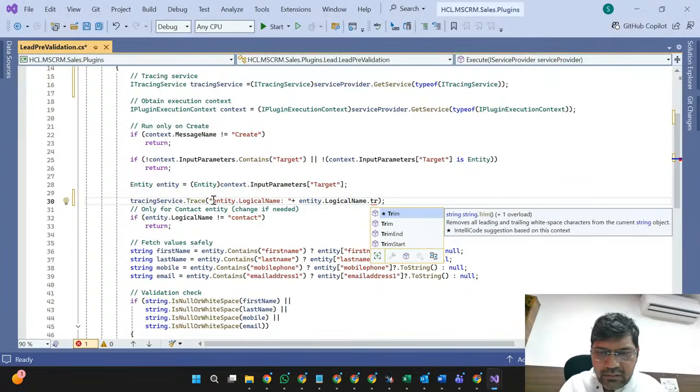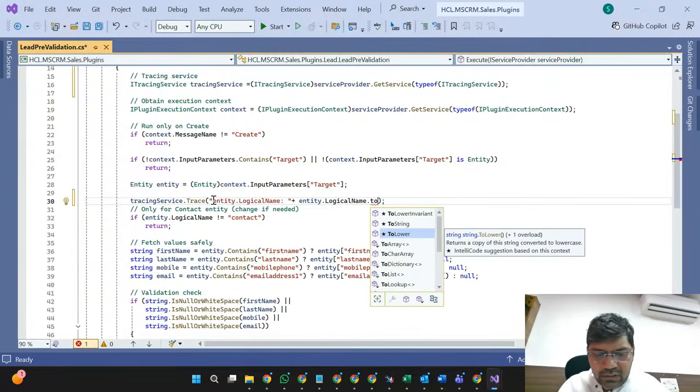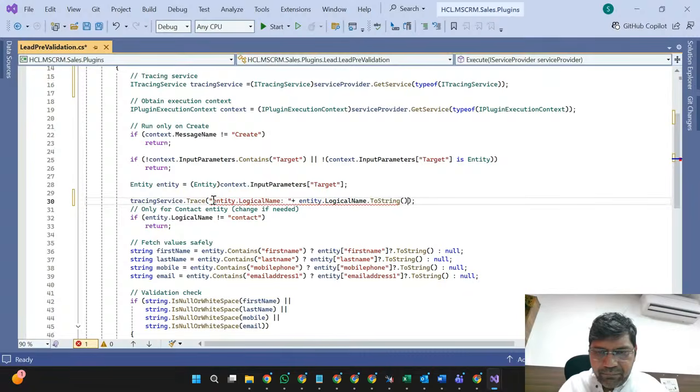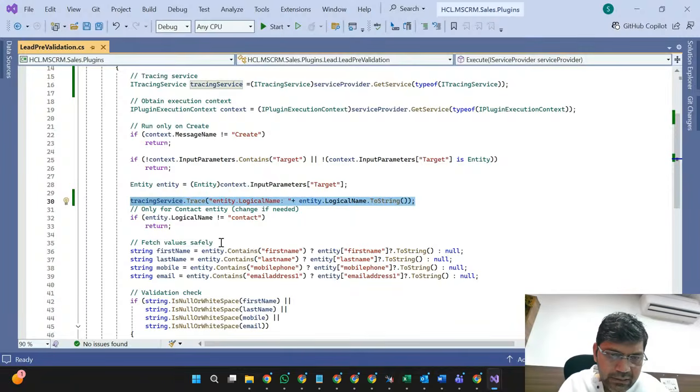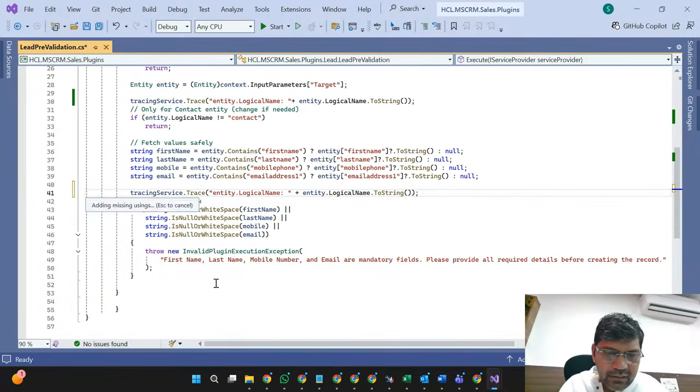We can add ToString. Likewise, we can add anything if we want to check any information here. So suppose this is the one that we want to check. If we want to write something, even if we want to check here first name, we can display here first name.